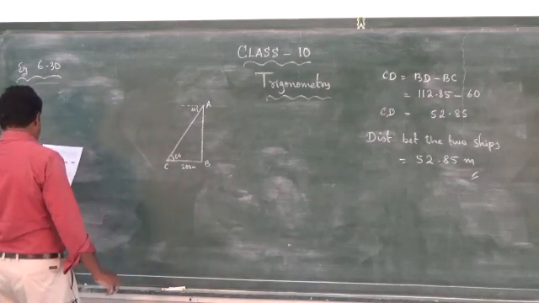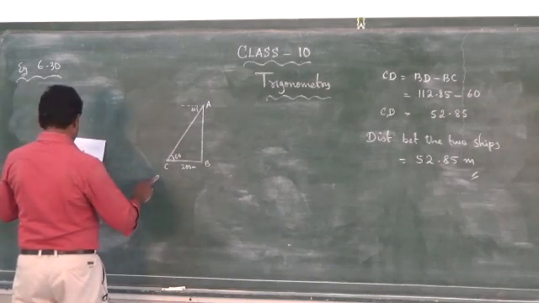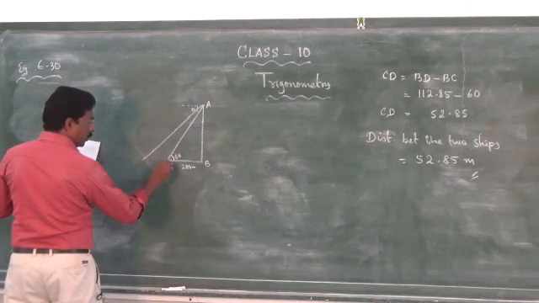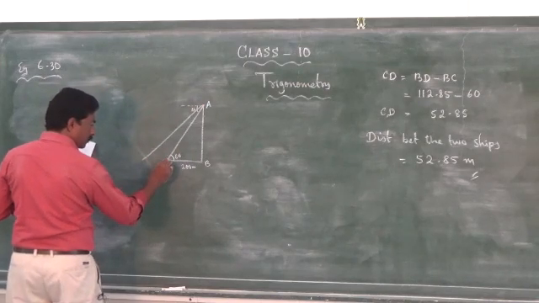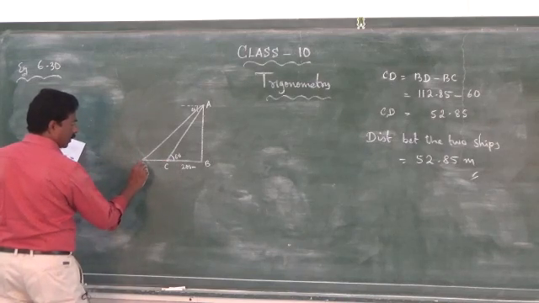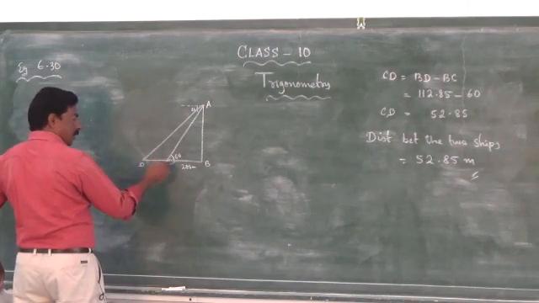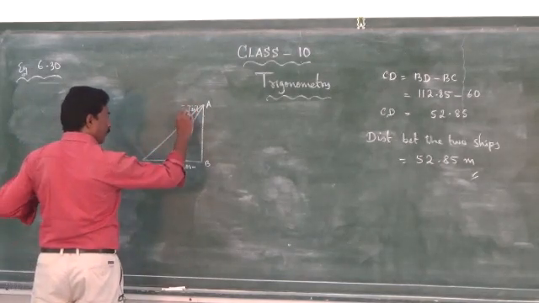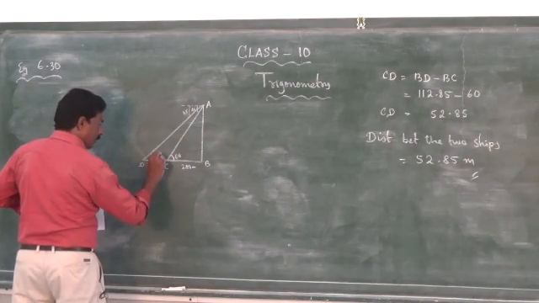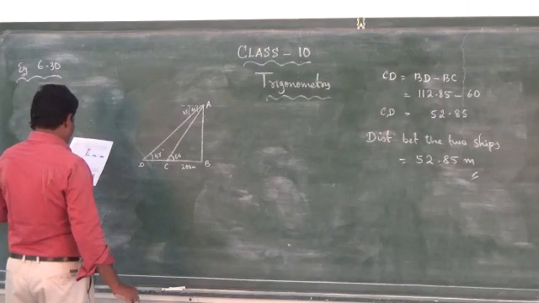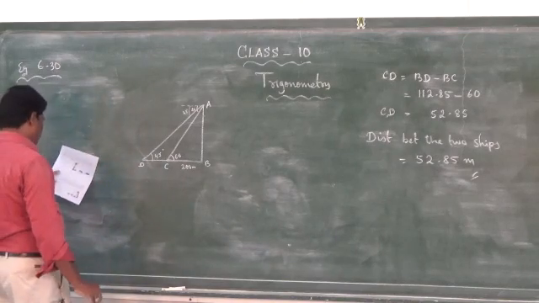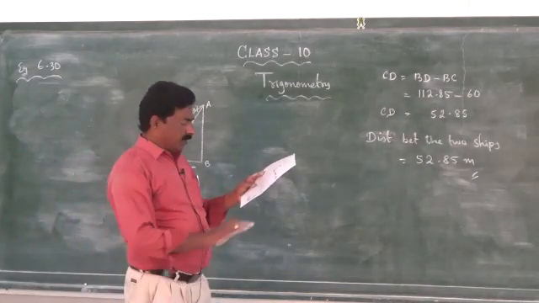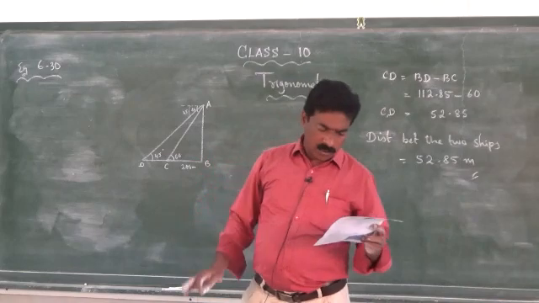Now, after 10 seconds, the angle of depression becomes 45. After 10 seconds, what happens? The boat is moving away from the tower, so it comes to some position, maybe here. We call it D. After 10 seconds, from C, the boat comes to D. The angle of depression is 45. What is the approximate speed of the boat in kilometer per hour? You have to give the speed in kilometer per hour, assuming that it is sailing in still water.